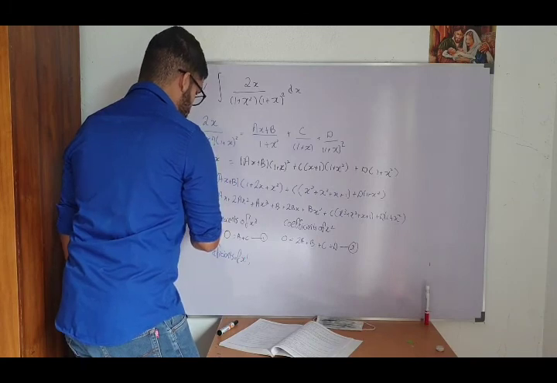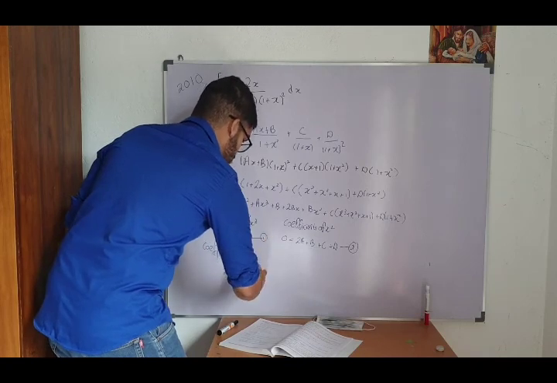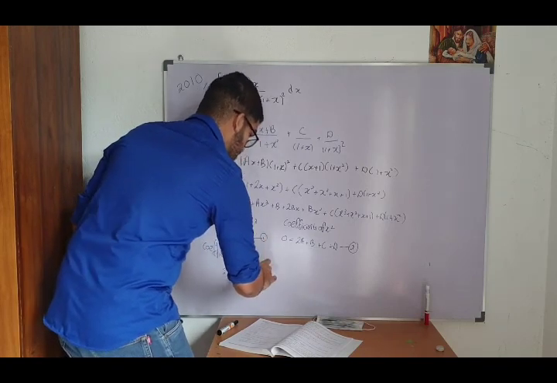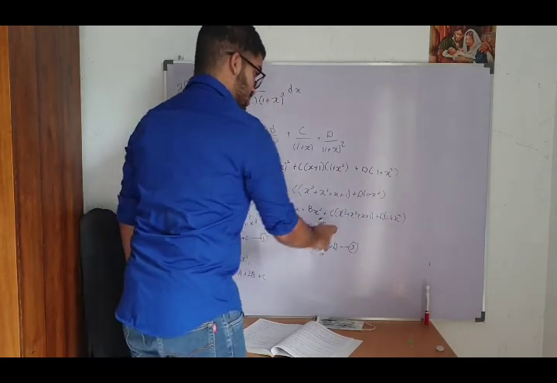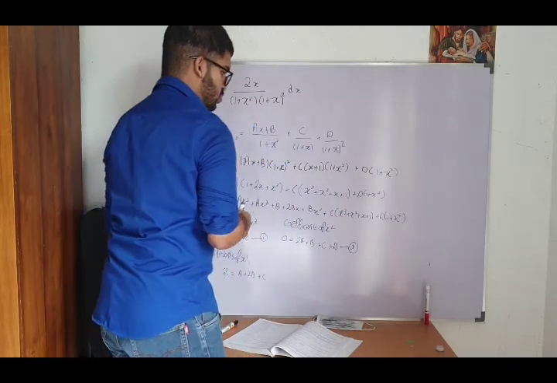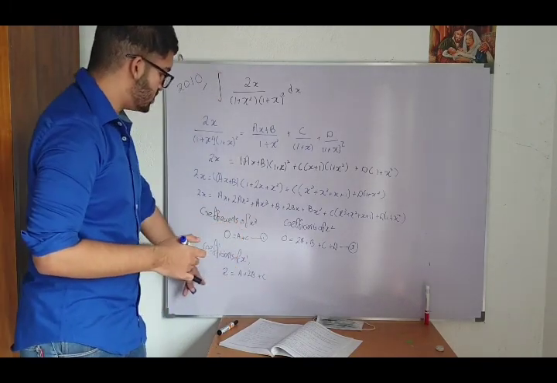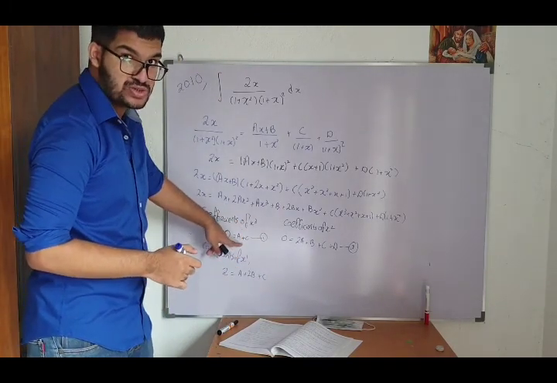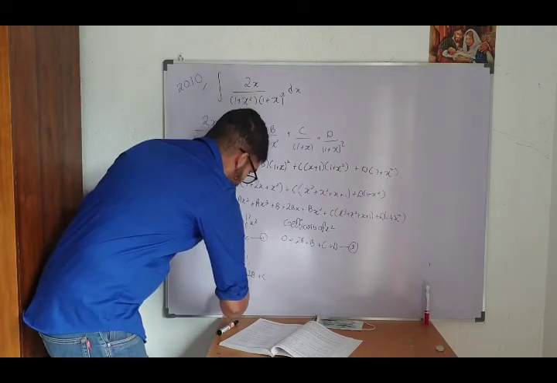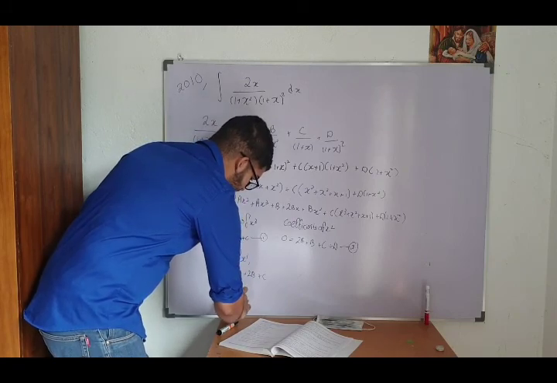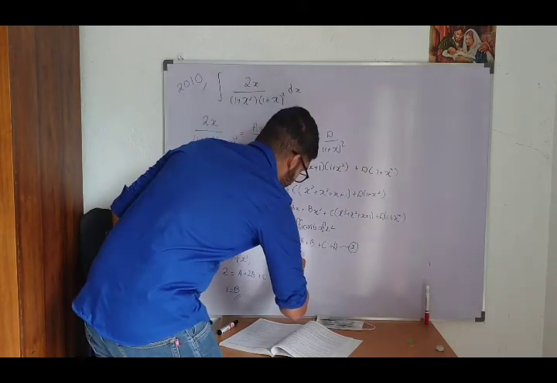So for x to the power 1 we have 2. First let's take 2 and then we have a plus 2b. Then we have c. Then we have d? No, right? We do not have d, we only have up to here. So now when you see this equation, we have said that a plus c is equal to 0. So therefore this a plus c should be equal to 0. Therefore 1 equals b. Therefore we found the value of b, and substituting that value of b here, then you will get minus 1